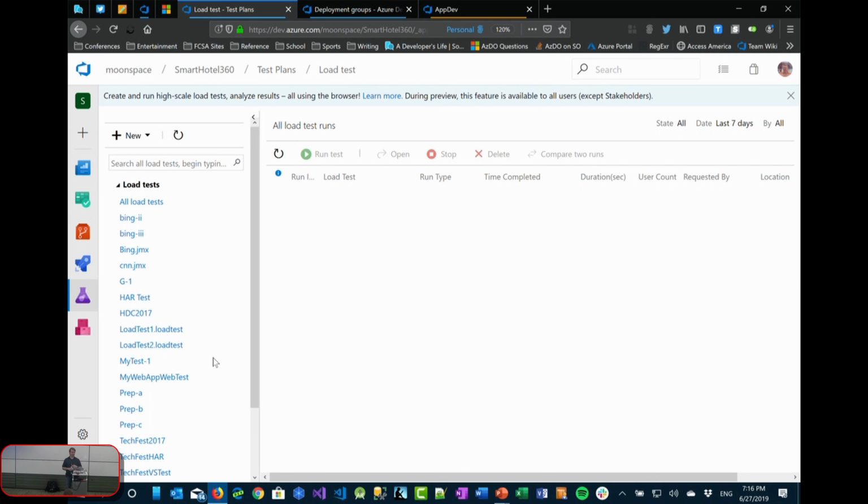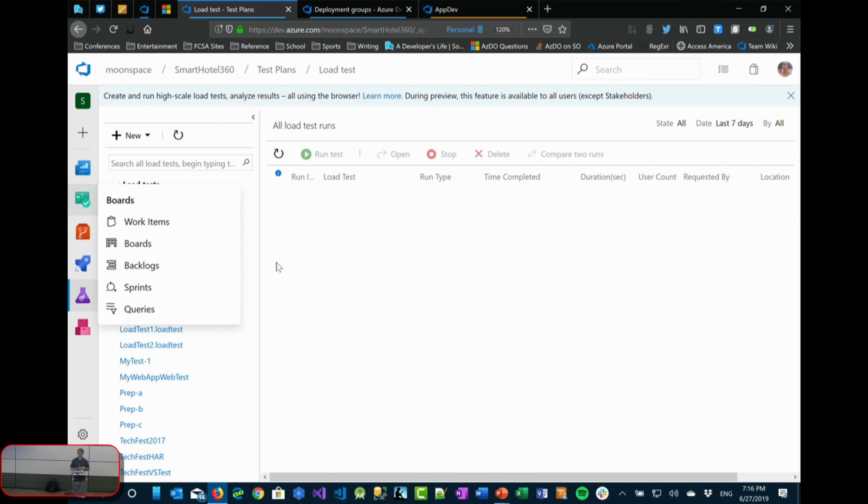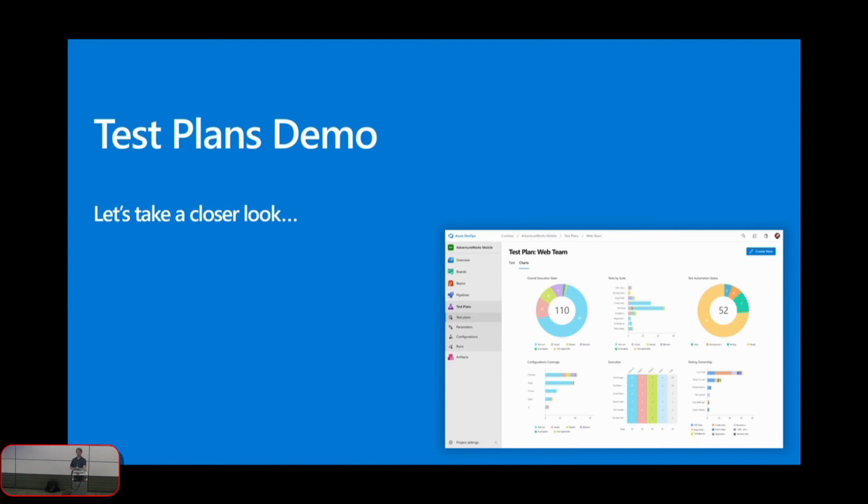The reason they're getting rid of it, though, is if you read their blog post and skip all the fluff words, basically it says nobody's using it. That's the real reason they're getting rid of it. We use it, but apparently we might be the only ones. So if you thought you might want to use load testing in Azure DevOps, you can still do load testing, you just have to integrate with different tools now. There's no tool out of the box for doing load testing in Azure DevOps, which is kind of a bummer.